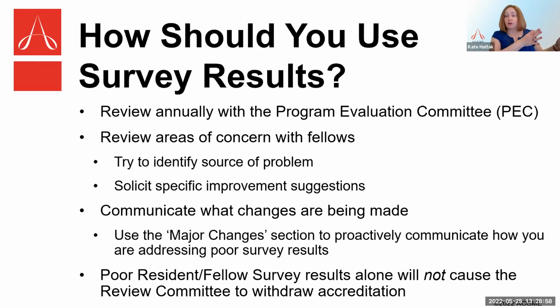If you get your survey results and you see that there's an area that's low, proactively tell the review committee. Say, we saw that our evaluation section kind of dipped this last year. We've already started talking with our fellows and our faculty members. Here's what we're doing. Doesn't necessarily mean the review committee won't give you feedback, but they certainly will appreciate the context and knowing that you are aware of this issue and you've already started working on it.